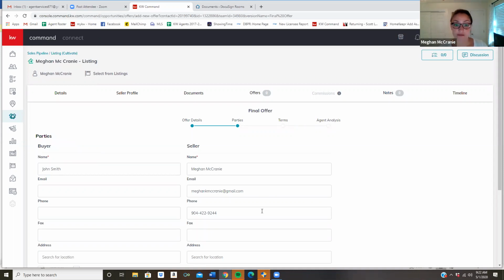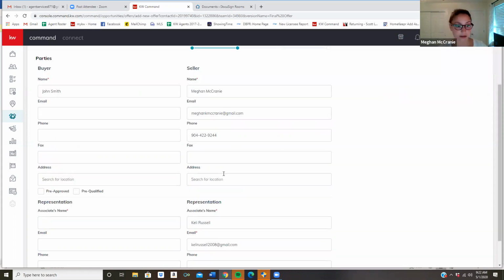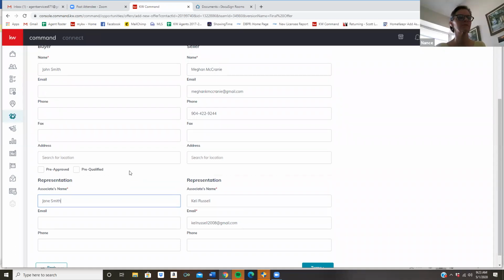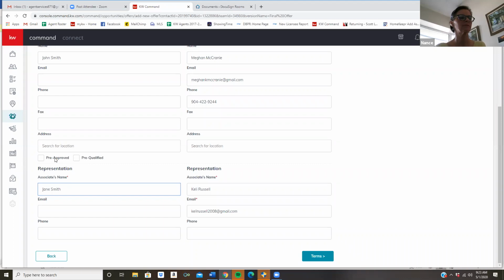And then obviously the seller information will auto-populate from your opportunity, okay? And then your information as a realtor. And then you have to have the other realtor's name, okay? You can also check off if they're pre-approved or pre-qualified if you'd like, okay?